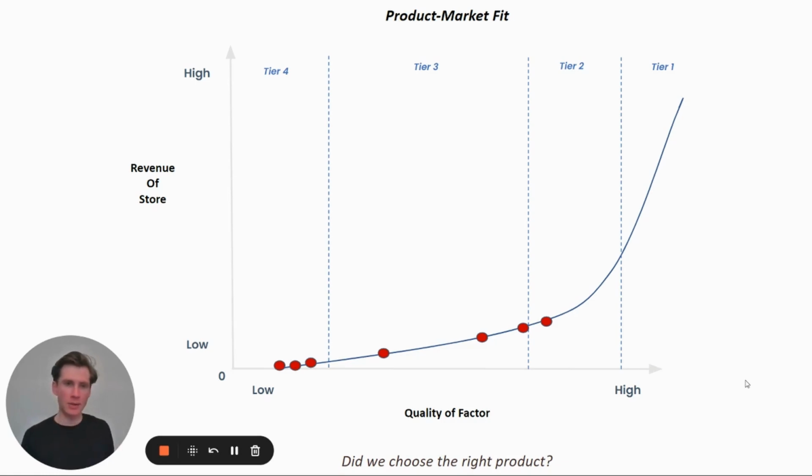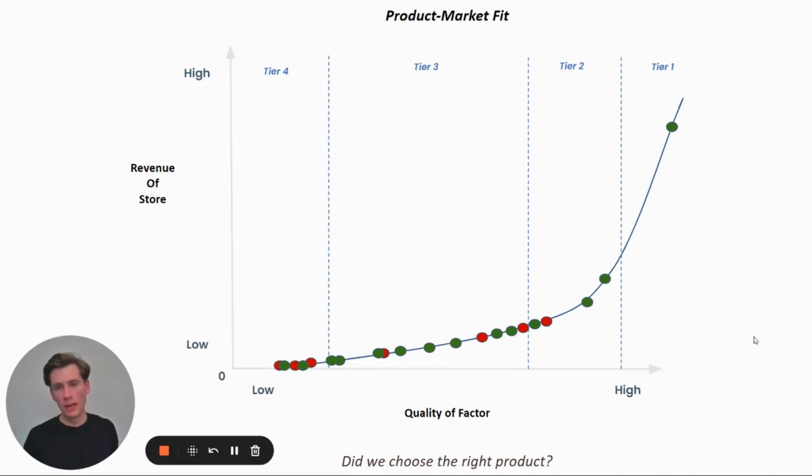However, in my experience, the one way, or maybe the only way to truly overcome this is to test way more products, right? In a separate video, I really talk about testing in batches of 20 products at a time. Here you can see the green dots, which is not 20, but it's definitely more. The point is that the more products you test, the higher your chance is that you're going to land on a wider distribution of outcomes, and therefore increasing your chance of getting 1 or 2 products in that tier 1,